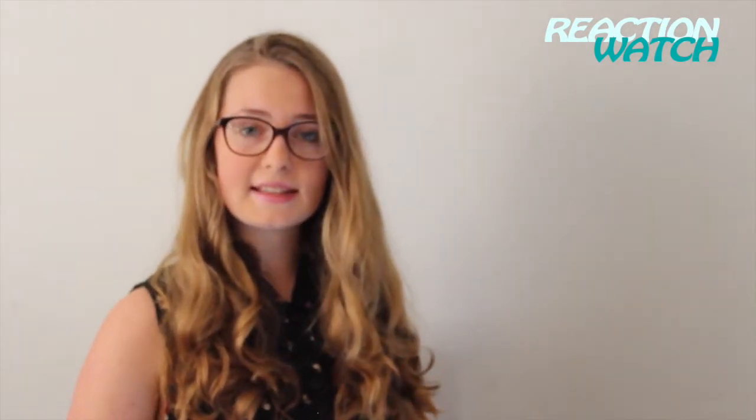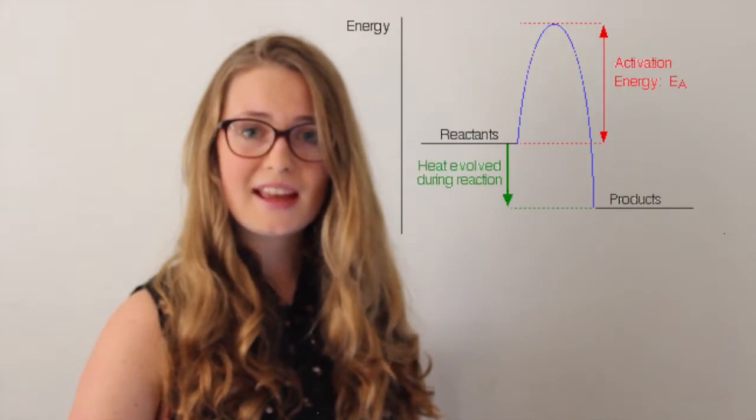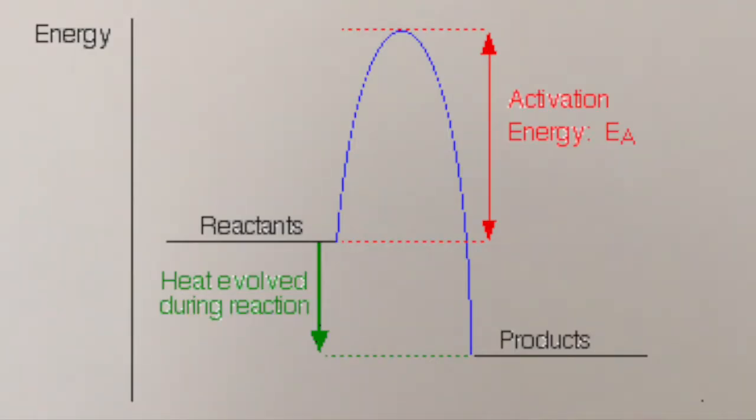Reactions happen based on what's known as the collision theory. This theory states that in order for a reaction to occur, molecules must collide at the proper orientation with enough energy. The energy required is known as the activation energy and can be shown in this graph. It differs depending on exactly what is reacting. Collisions must occur with at least this much energy in order to break intermolecular bonds and allow new bonds to